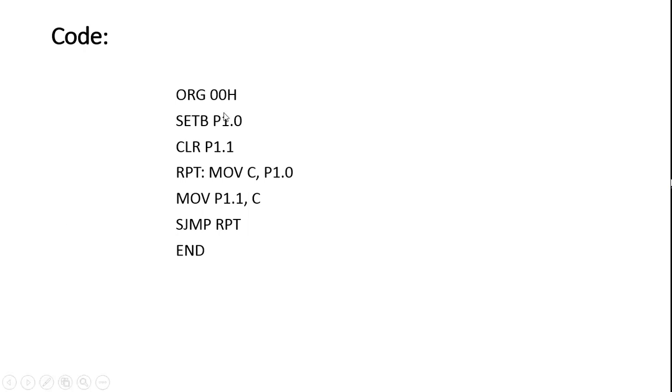Okay, so the first line, SETB P1.0. As you would have studied in theory, the best thing about a microcontroller in comparison with the microprocessor that we were studying before mid is you can actually send or receive data from a single pin of the port. You don't need to use the whole port for a single bit of data.